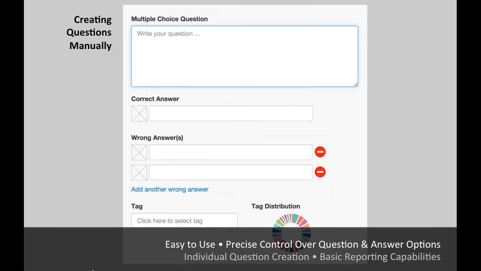So with manual questions, what we've created is an easy-to-use process that allows you to add specific questions and answer options. Our new tagging feature will also allow you to tag, or what we're calling associate, a question with a topic and an item to provide some basic reporting capabilities. But this manual process is not as efficient as the grid when it comes to quickly generating large question pools for your game. It's a little bit more tedious in that you're adding these one at a time, where the other one is more powerful because you're getting one question template generating a lot of questions. So there's a little bit of pros and cons for each of these. If we go to the next slide,